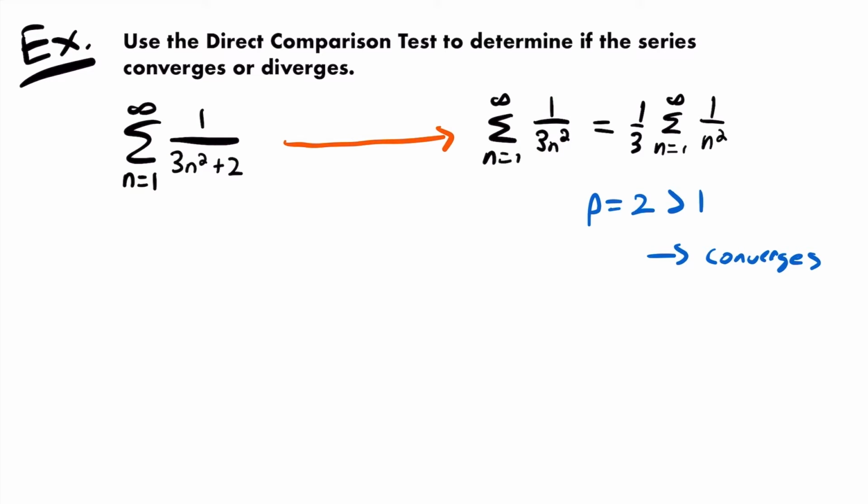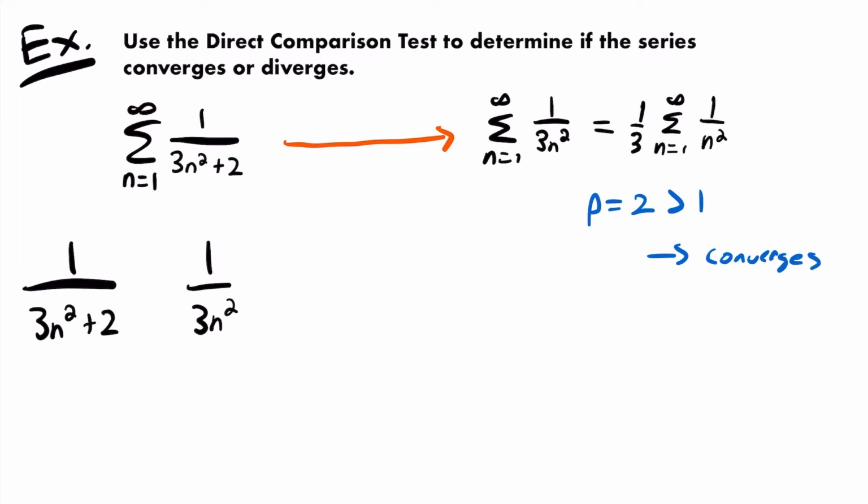All right, and so let's compare the two series. Let's compare 1 divided by 3n squared plus 2 to 1 divided by 3n squared, right? This is the nth term for our original series, and this is the nth term for the series that we are comparing to that series. All right, and so can we conclude that the series we are comparing to our original series is greater